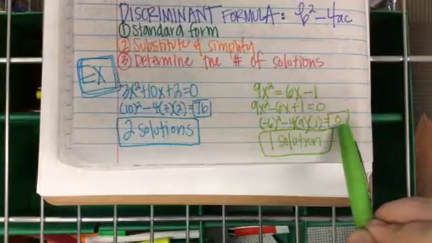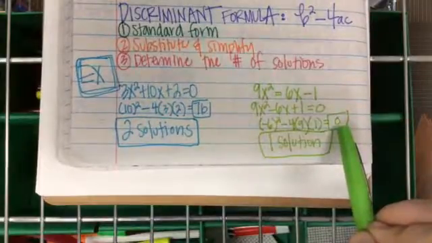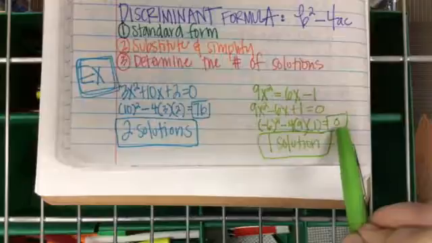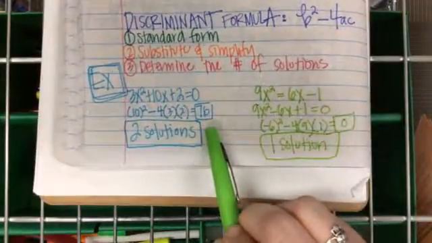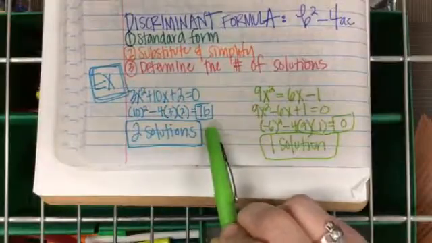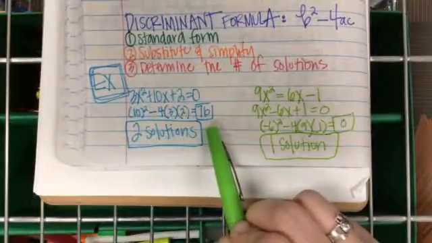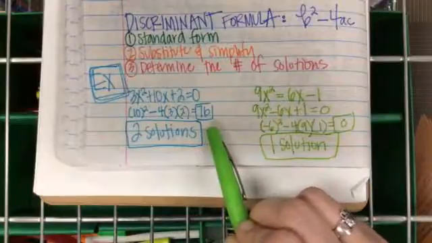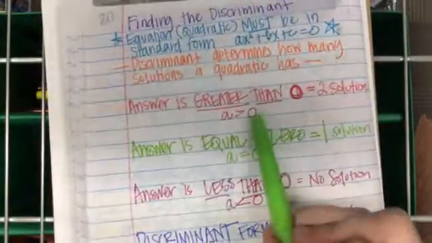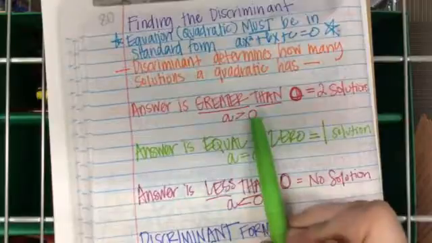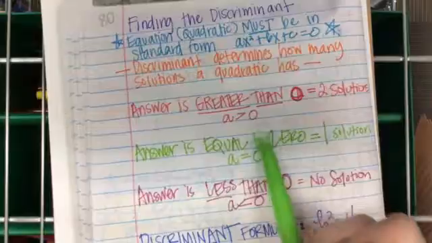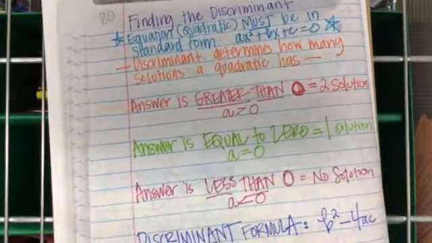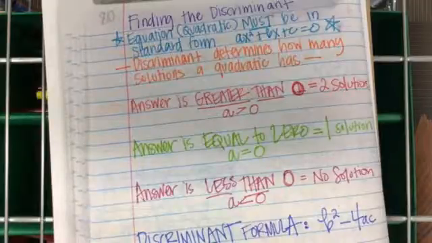What times what equals 0? 0. But does 0 have a positive and negative value? So the square root of 0 is just 0. The square root of 76 is positive or negative. What if I got a negative value? Can you take the square root of a negative value? No. So that's why if it's greater than 0, it's 2 solutions because you have a positive and a negative value. If it's equal to 0, you only have 1 solution because the square root of 0 is 0. And then you have